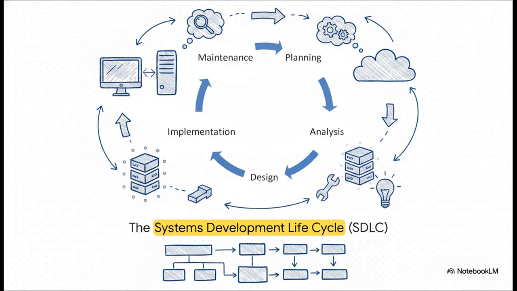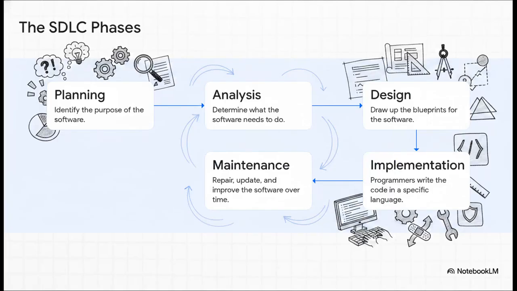It's a continuous loop. System analysts rely on this exact loop to map out the inputs, the processing, and the outputs of a system way before a single line of code is ever written. It's basically the big picture view of an application's entire lifespan. Stepping through these 5 critical phases, it all kicks off with planning and analysis, basically figuring out what the software